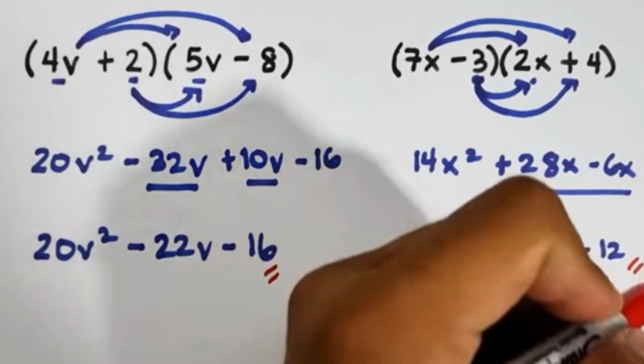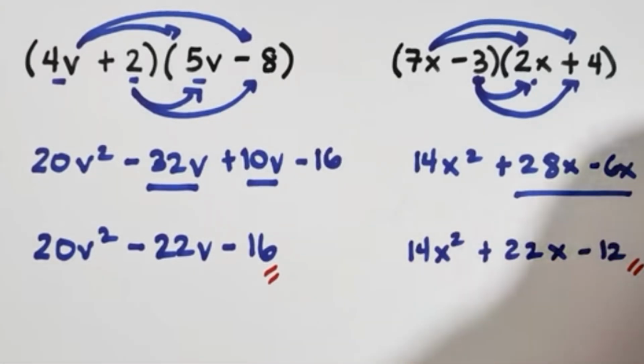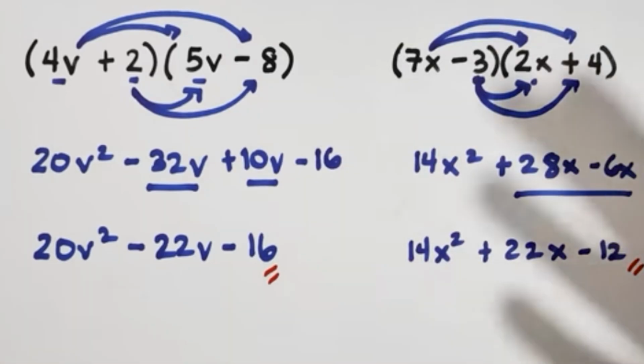And as you can see, it is easy for us to multiply or to get the product of the two binomials using the FOIL method. So, for your activity, I will give you